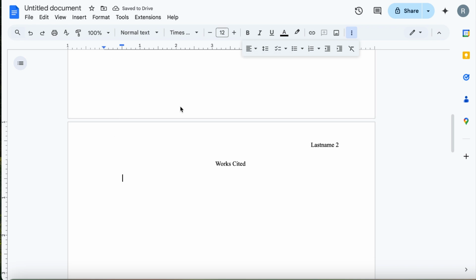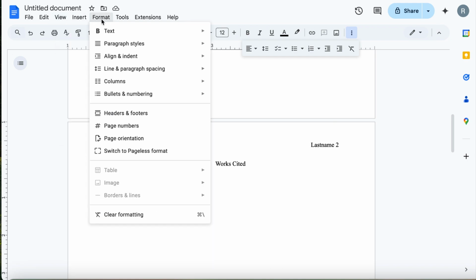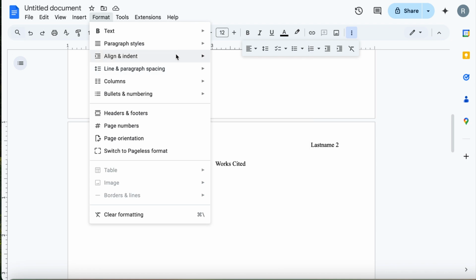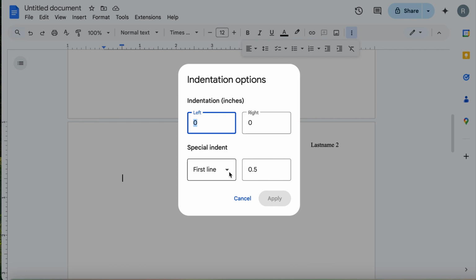And now we're going to work on setting up the hanging indent for a works cited page. You can do that a few different ways, just as you can with alignment and spacing. We can open up under Format, Align and Indent, and then open up the indentation options. You can see here there's already an indent, so it's actually not going to let us select hanging indent or